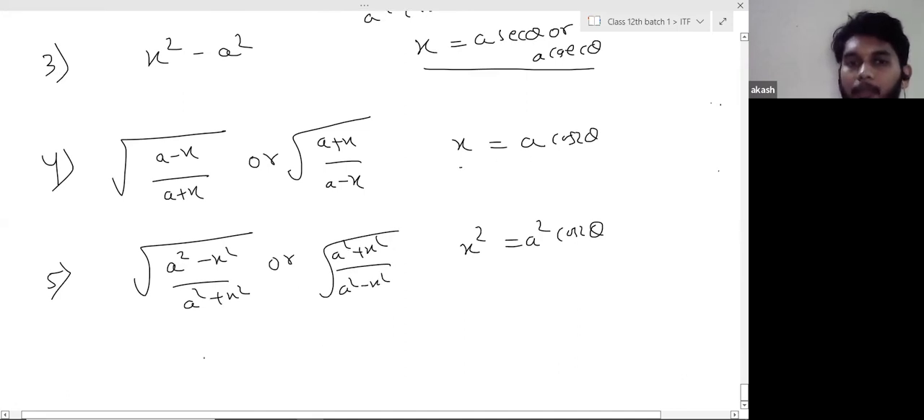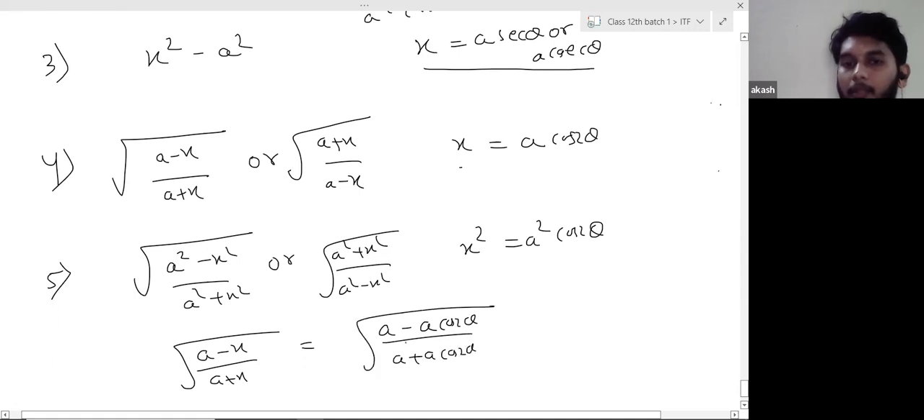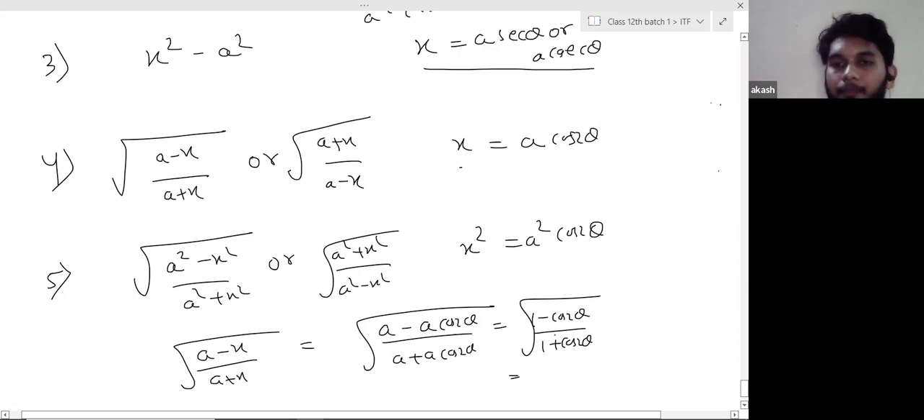theta, then under root a minus x upon a plus x, suppose you put x equals a cos 2 theta, then this becomes under root a minus a cos 2 theta upon a plus a cos 2 theta. Taking a common, a will be cancelled out. So 1 minus cos 2 theta upon 1 plus cos 2 theta. Use the half angle formula, right? 1 minus cos 2 theta is,